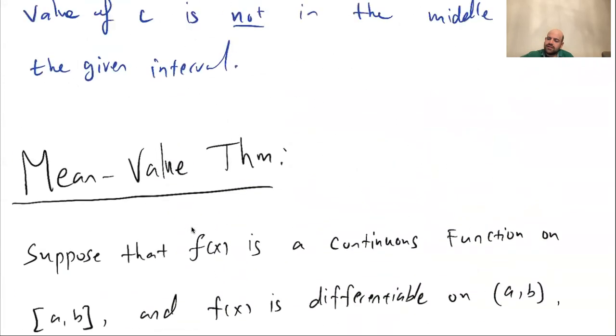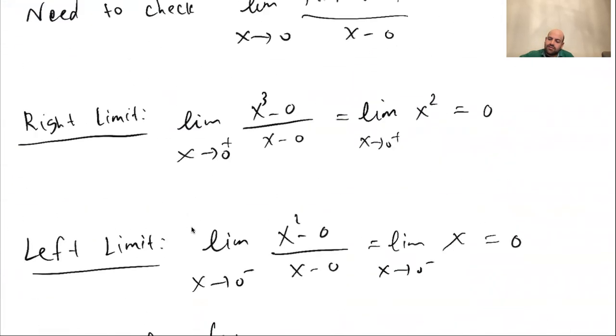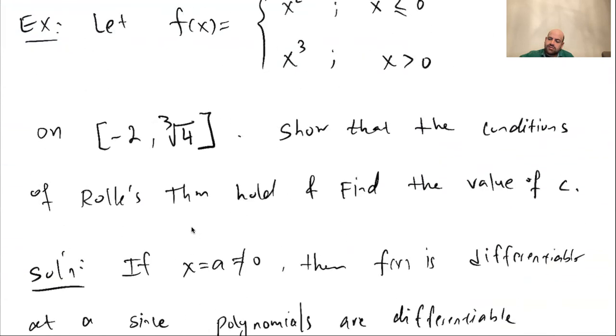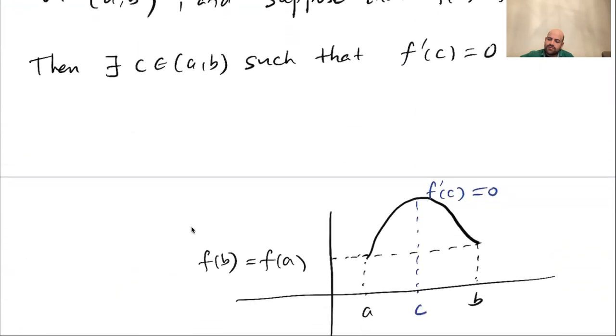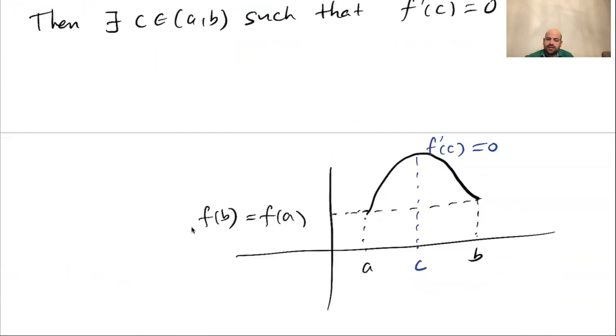And as you can see, we can interpret Rolle's theorem as a special case of this, where the line connecting the endpoints of the graph will be a horizontal line